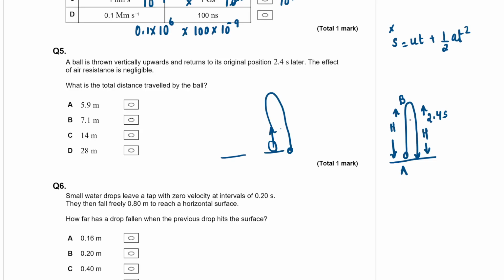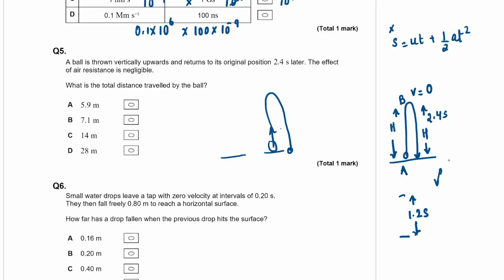Okay, now at the maximum height, the velocity will be 0. That's why it is at maximum height. It's not going any further. That means at maximum height, its velocity is 0. Now, if it is taking 2.4 seconds to come back, it must be taking 1.2 seconds to reach the maximum height, because no energy losses are happening. So I'm going to use v squared. No, I can't use that. I am going to use,